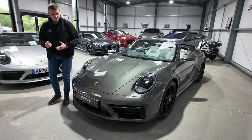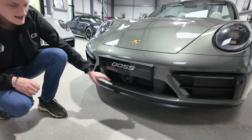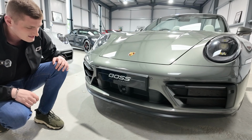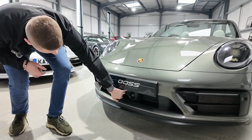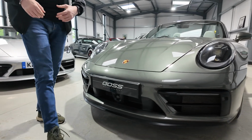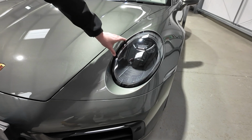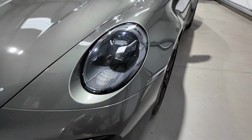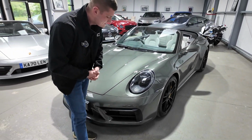So starting at the very front, in the center, you'll notice the radar. So this car has Porsche InnoDrive adaptive cruise control with adaptive lane keep assist as well. And it's also got just above that radar, the camera for the 360 surround camera system fitted on the car. Coming across to the headlights, we've got the tinted LED headlights with the matrix beam, so the Porsche Dynamic Light System Plus and that Excite matrix beam, and it's all painted in black, which is part of that tinted headlight